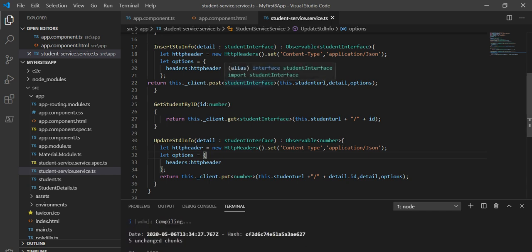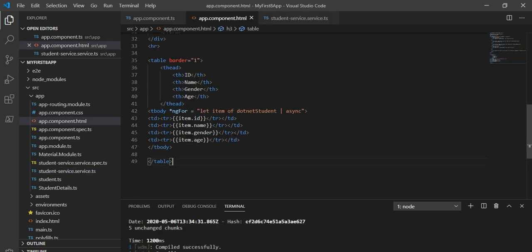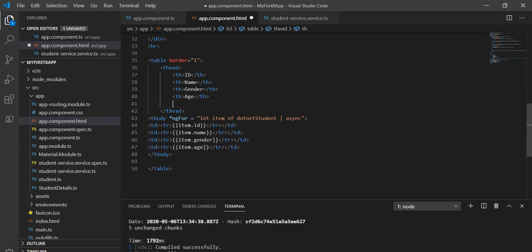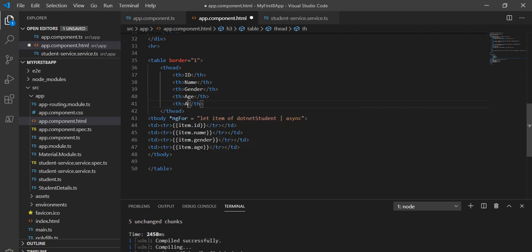Now the next change we are going to do is in the HTML page. In the HTML page, I am going to create one column for action, like what kind of action we are going to take.